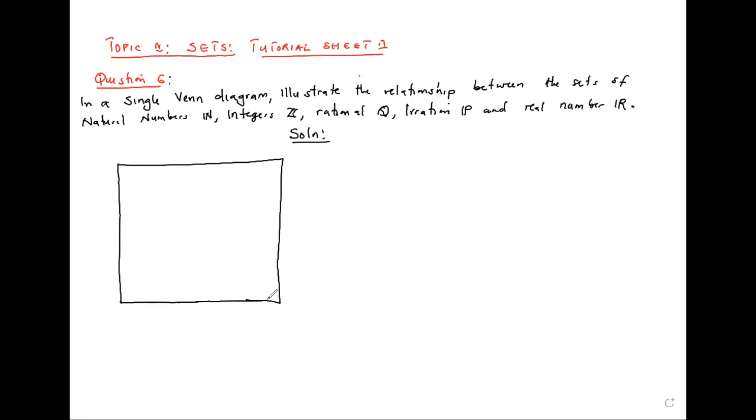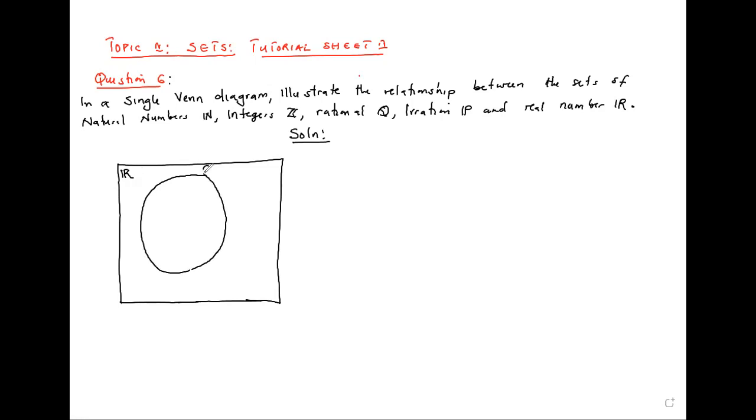So we have this. Suppose we have some universal, and then we'll have real numbers. In such cases, we can say, let our universal be the real numbers, because all these sets, natural numbers, integers, rational, irrational, and real numbers, are subsets of the real numbers. Then in the real numbers, we now have a set of